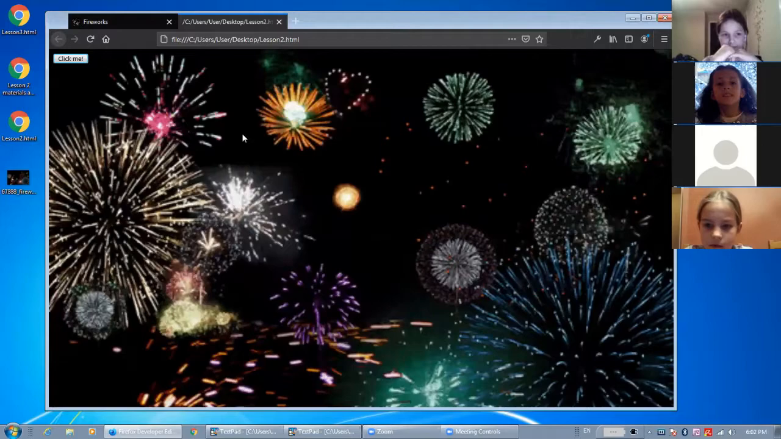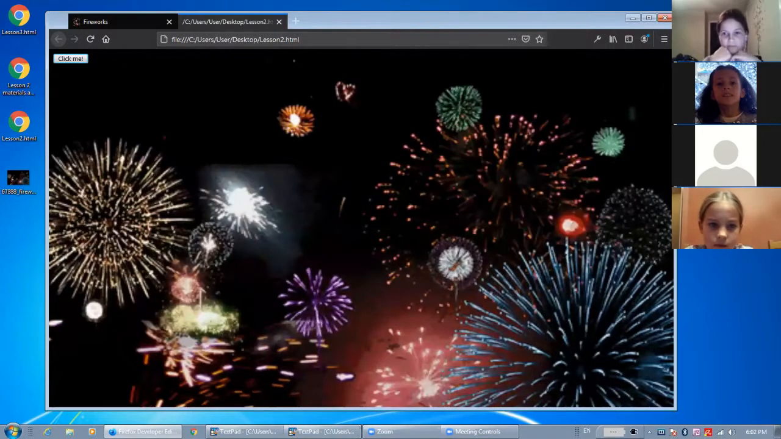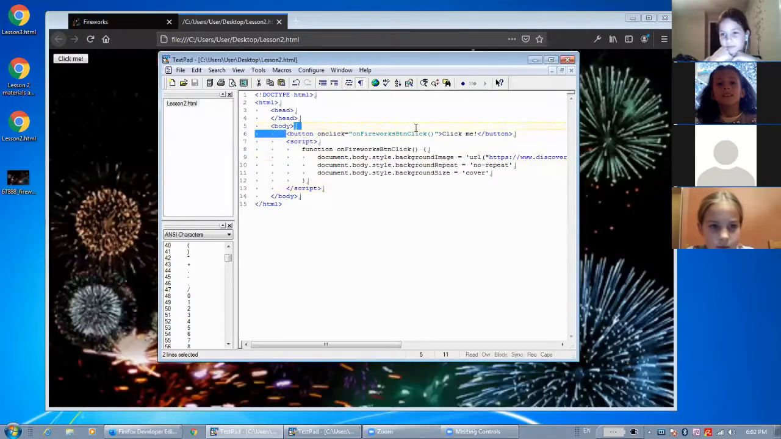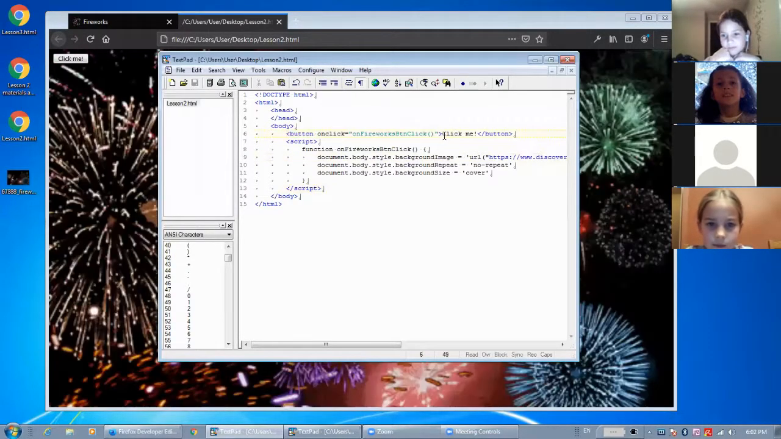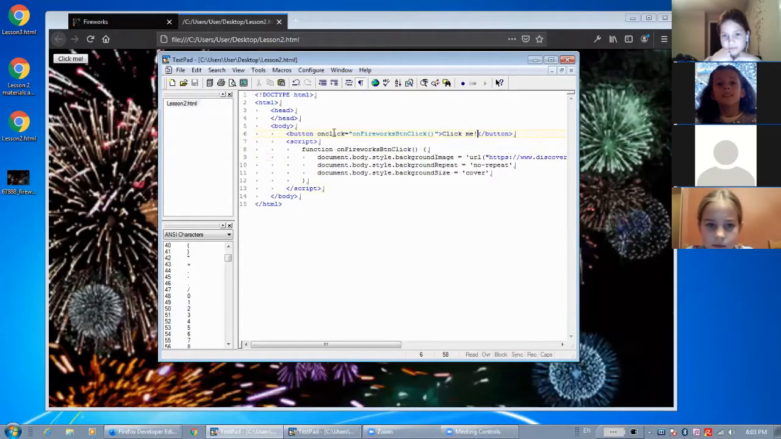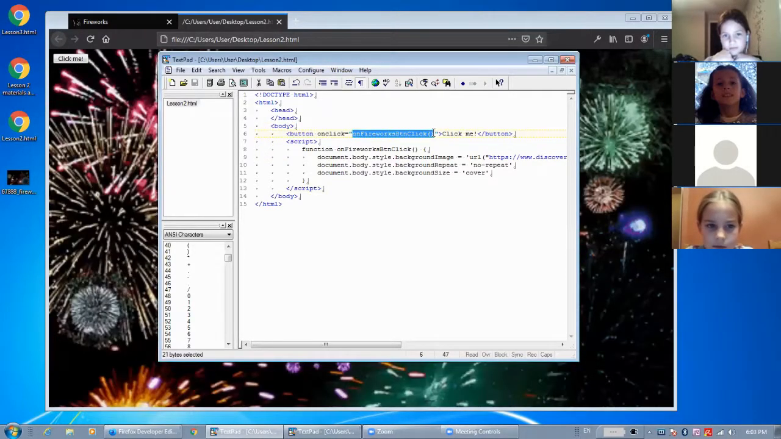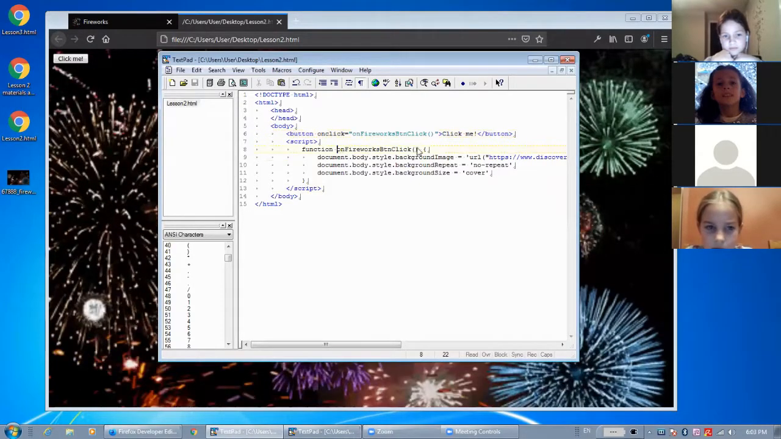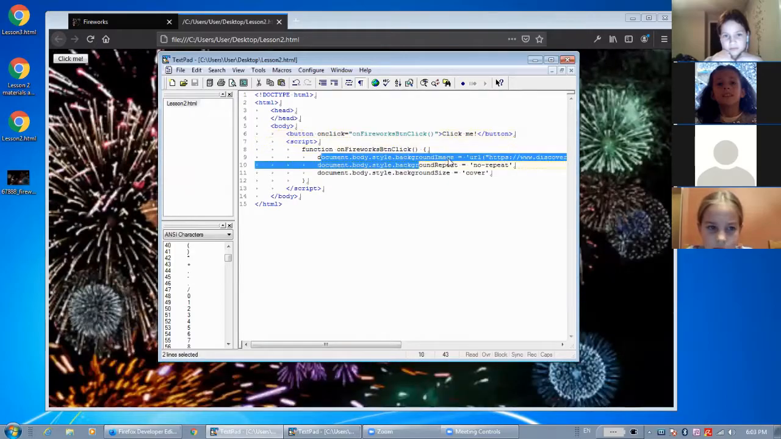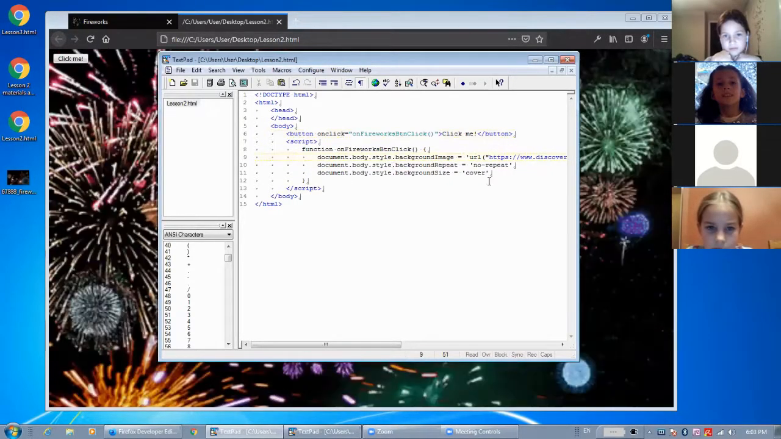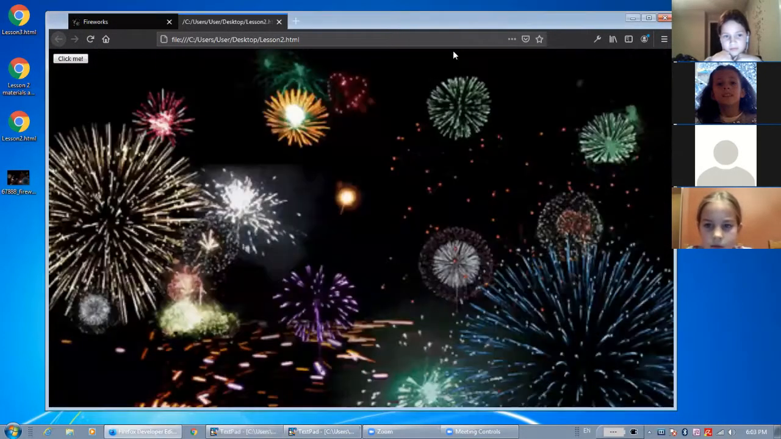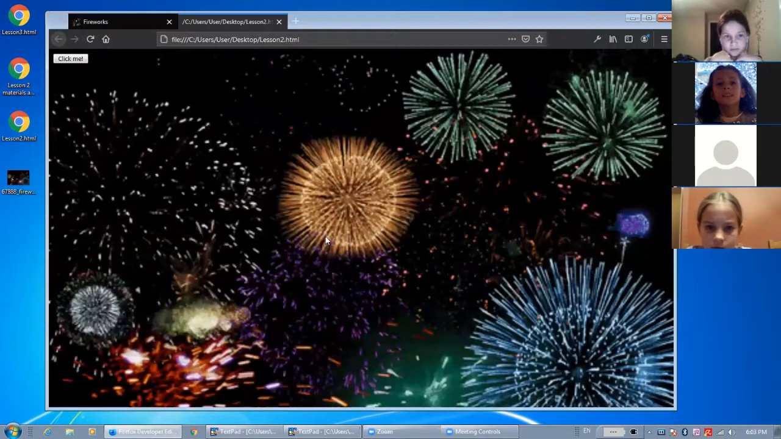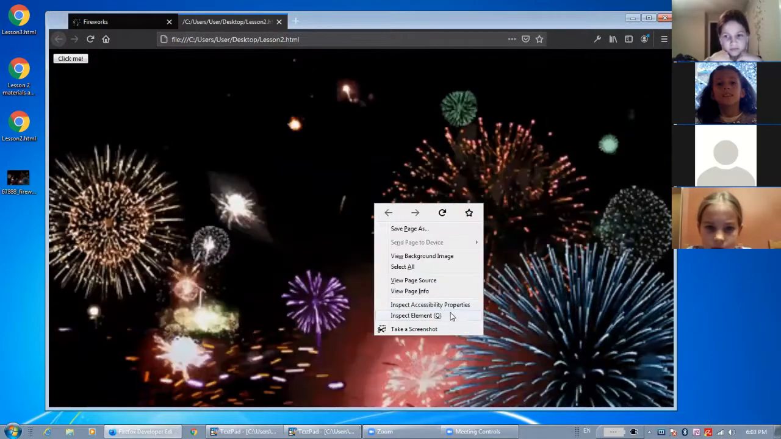In the code that we wrote last time, we have a button tag with this text. When you click on the button, it calls this JavaScript function, which is defined here. And this just changes the background to the fireworks GIF animated image like we have here. So the first thing that we're going to do,